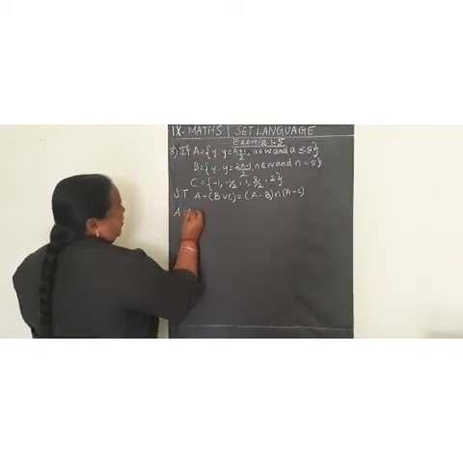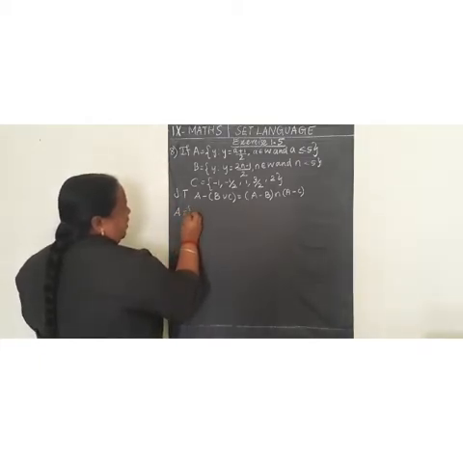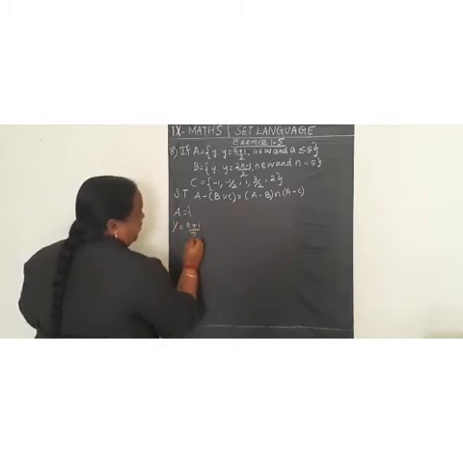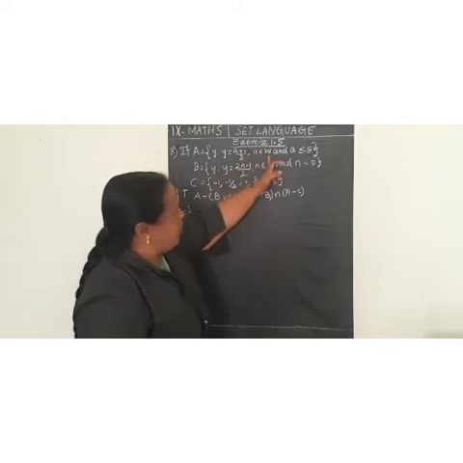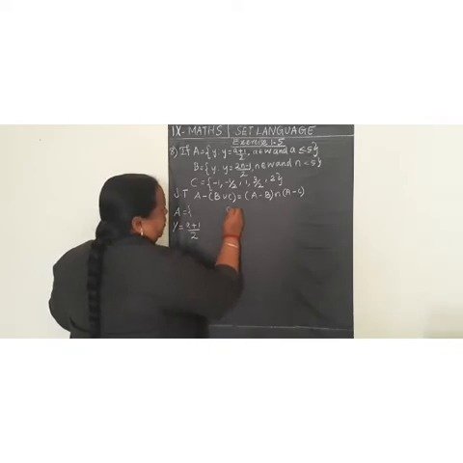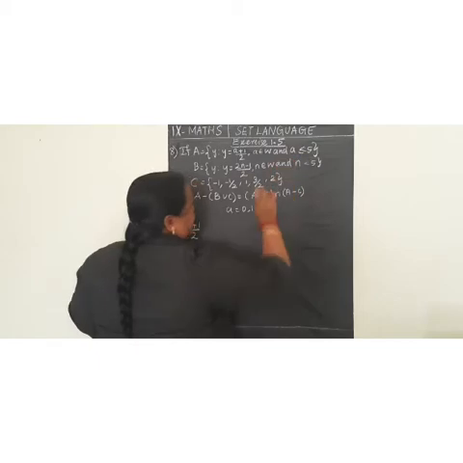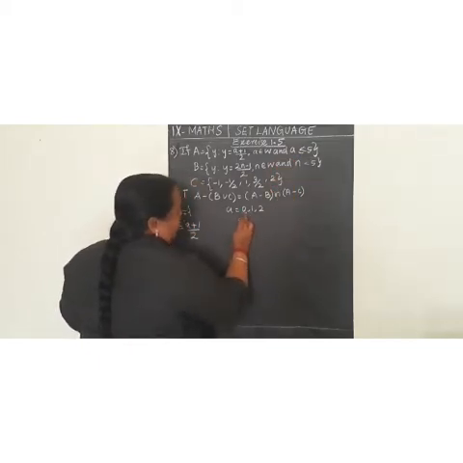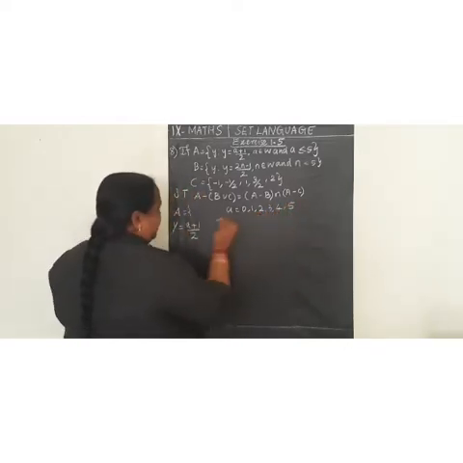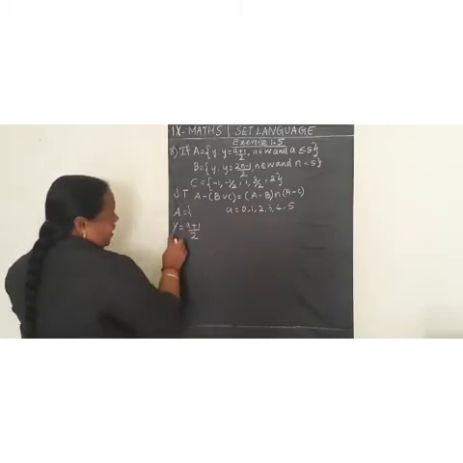Set A is equal to, we have to find the elements. So y is equal to (a plus 1) by 2, where a belongs to the whole numbers. Whole numbers means a is equal to 0, 1, 2, and so on. They have given the condition a is less than or equal to 5, so a is equal to 0, 1, 2, 3, 4, 5. We have to substitute these values in the place of a and find y, then write that as set A.